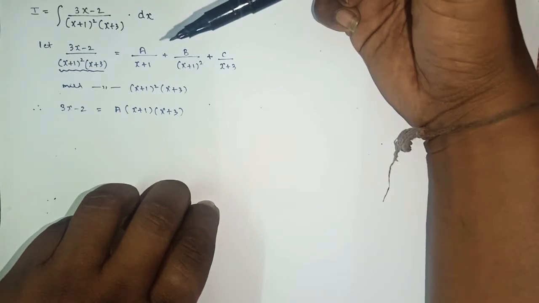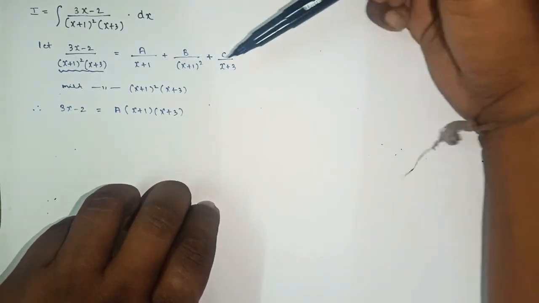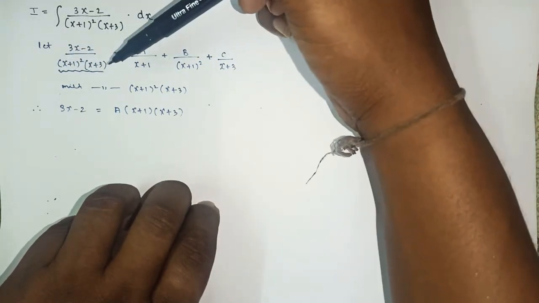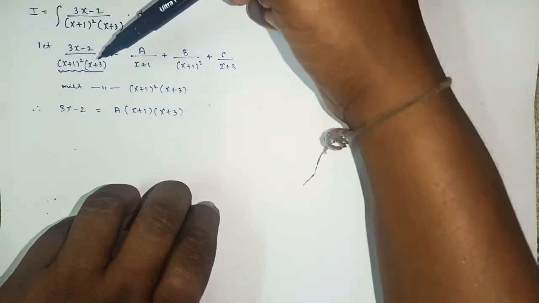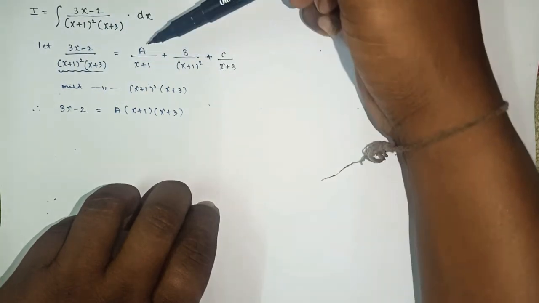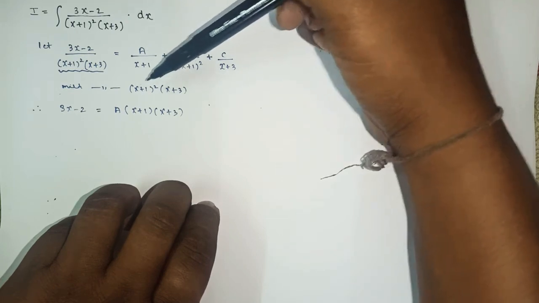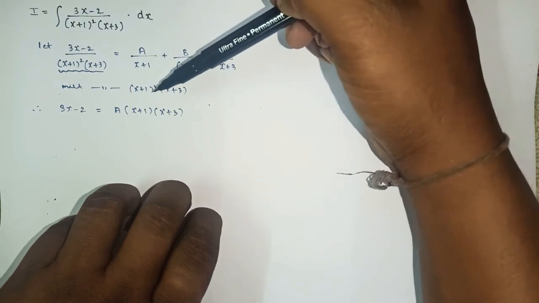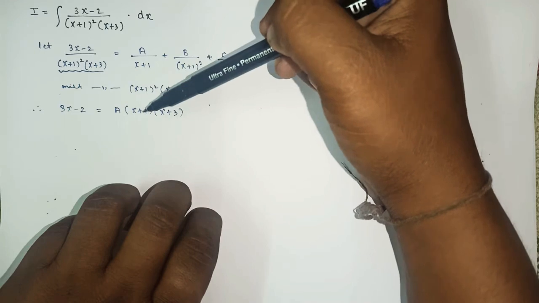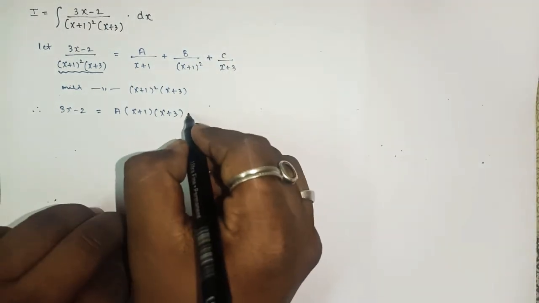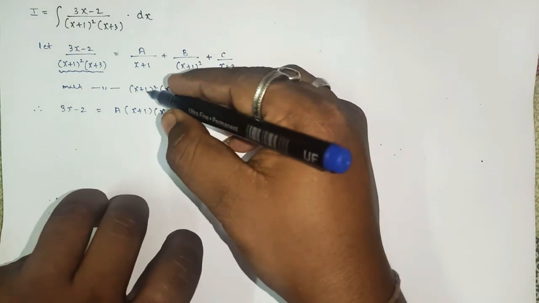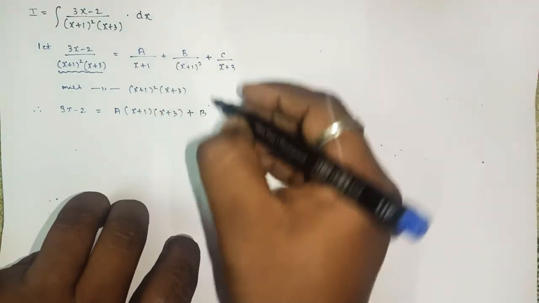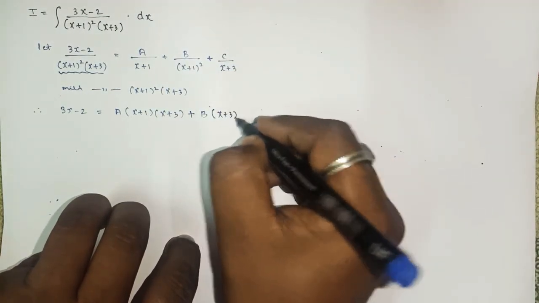Yes or no? As there are two different methods, just cross multiply, where you will get the same denominator here and here, or else just simply multiply throughout by this section. So here you will get 3x minus 2, as we are multiplying x plus 1 the whole square, x plus 3 for this part. So here clearly we can see that one x plus 1 will get cancelled and you will get one x plus 1 and this x plus 3. Okay, if you are multiplying x plus 1 the whole square, x plus 3 to this part, so here x plus 1 the whole square will get cancelled and here you will get x plus 3.